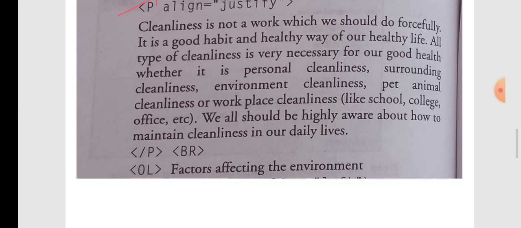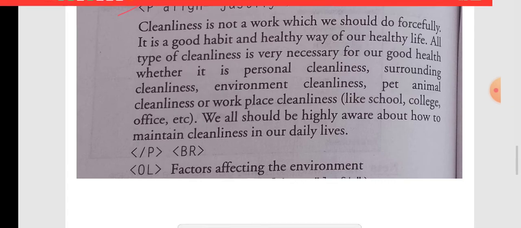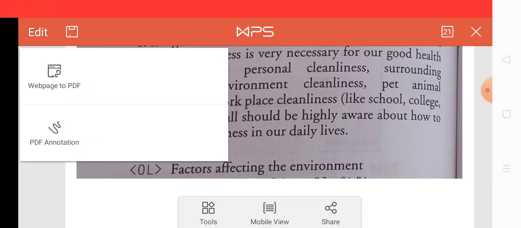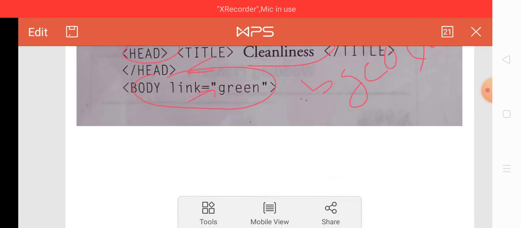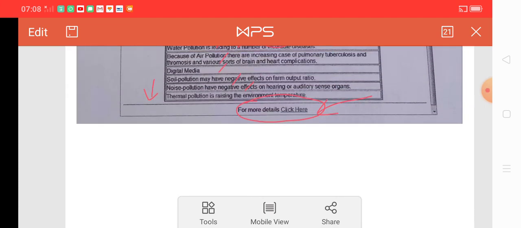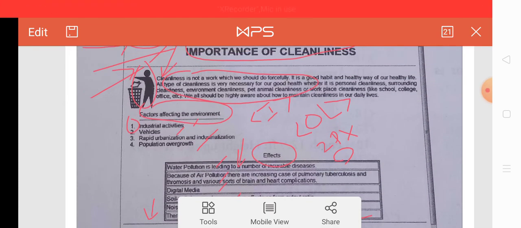And after the paragraph there is a space between the paragraph and the list, so we use the br tag. The br tag is used to separate the paragraph from the list in this program. Let us see the web page.